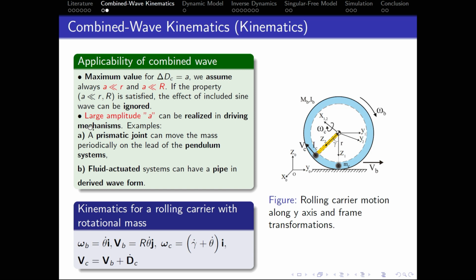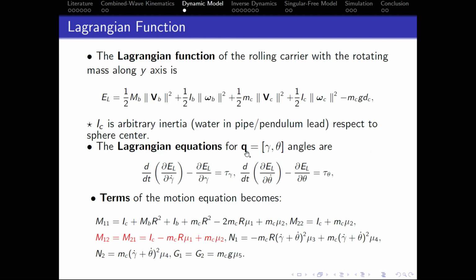So please note that A can be even large, and we can realize it by different mechanisms like prismatic joints to move it in wavy forms, or a pipe in a wave form under fluid actuated systems. The kinematics of the rolling carrier in planar motion can be looked at as follows, and by applying Lagrangian equations with arbitrary inertia for a pendulum lead or water in the pipe, we can obtain the terms that are combined with our